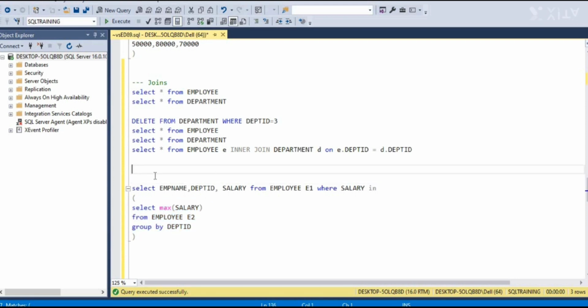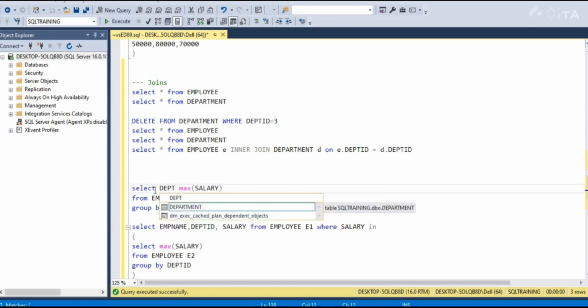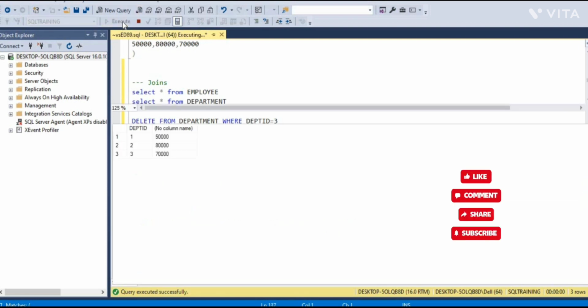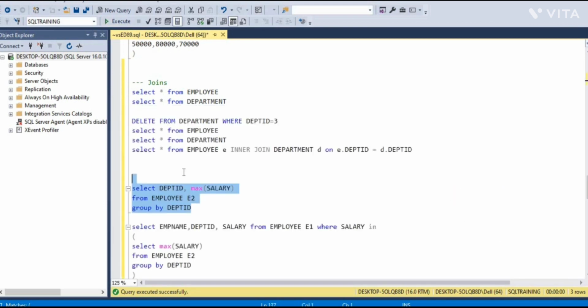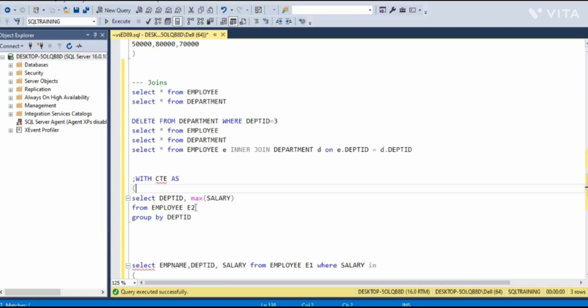So what I am going to do is take, if you see here, this query, which will give us the maximum salary in each department. Okay, so here I am going to write this query inside a CTE, which is nothing but a common table expression. I will explain what a common table expression is after demonstrating this, which is CTE as